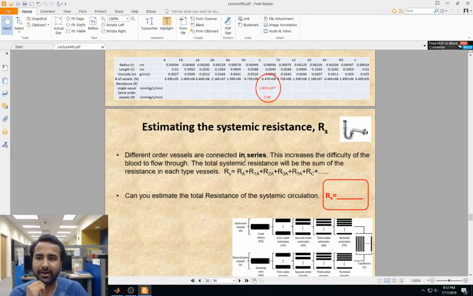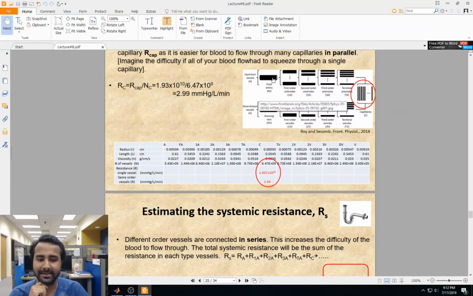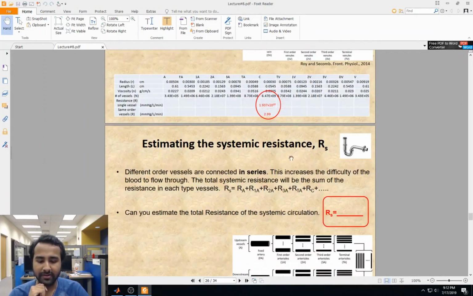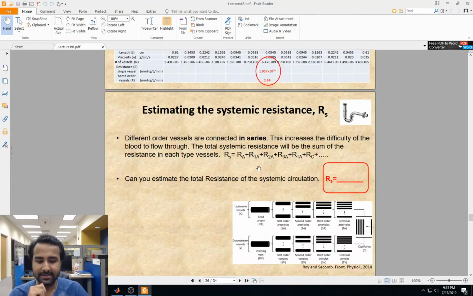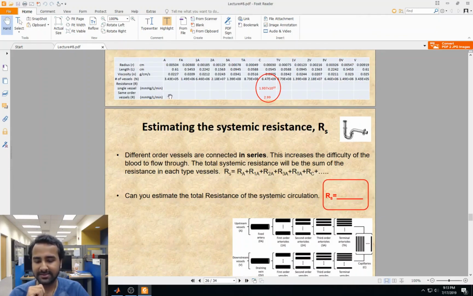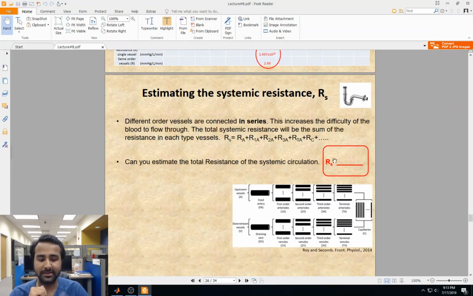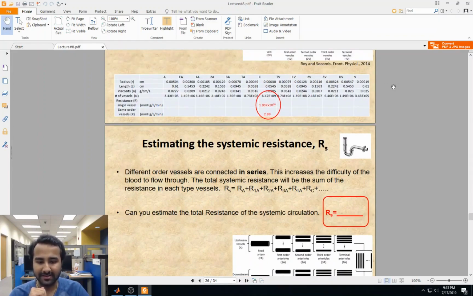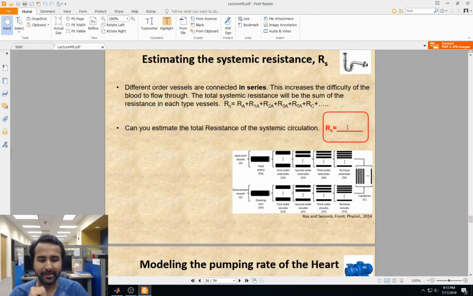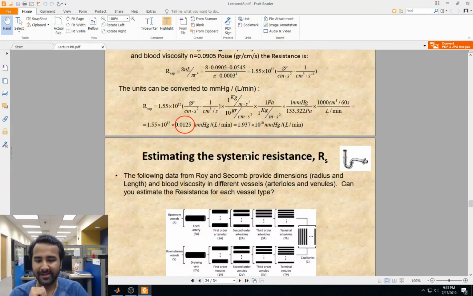And this is more of something you'll learn in circuits, but if you have these different orders connected in series, so one connects to the next, connects to the next, and so on and so forth, the total resistance across all these vessels can be said to be the combination of just adding all of them together. So if you just add what this resistance is, what this resistance is, what this resistance is, and so forth, all the way through, that will be the total resistance in systemic circulation, and that will be RS. So once you fill out this table, just sum together what the resistances are, and you can put that right here. And that will be the single value that you're going to be using